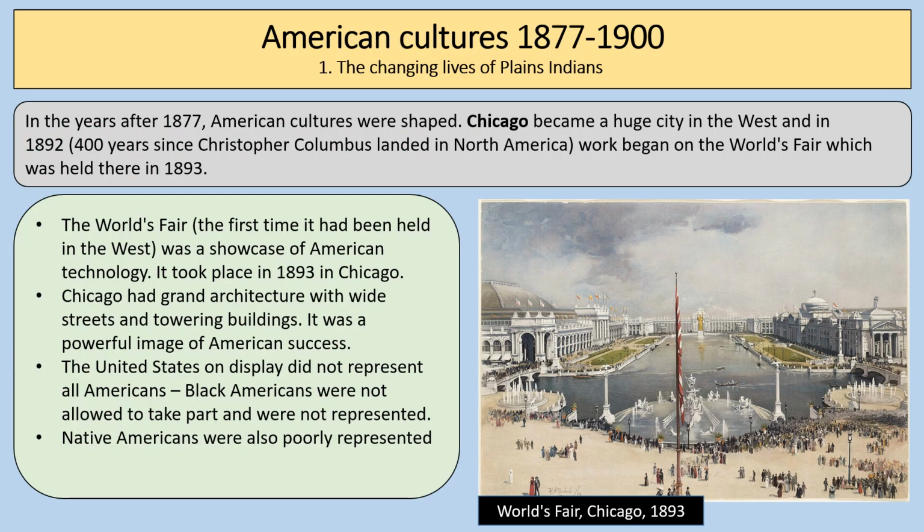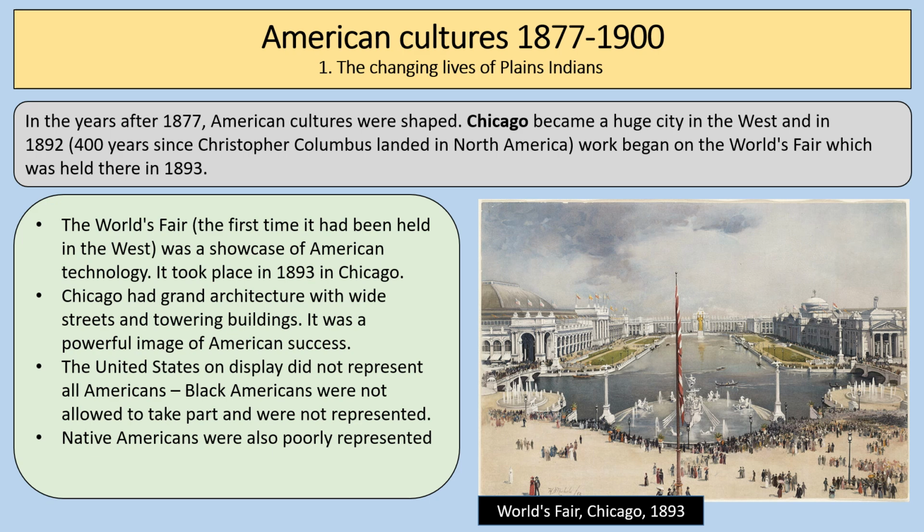Okay, so let's find out about the changing lives of Plains Indians. In the last revision video, we found out about how many Native Americans' lives on the plains were changed as a result of the migration of white Americans, such as creating things like the cow towns, for example, the cattle ranches. We also found out about the homesteaders, and about the Transcontinental Railroad, and how that subsequently led to the Native American Wars. And the last thing we looked at was the Battle of Little Bighorn.